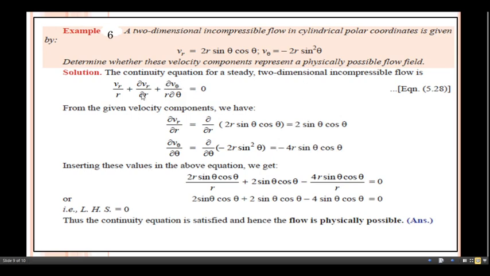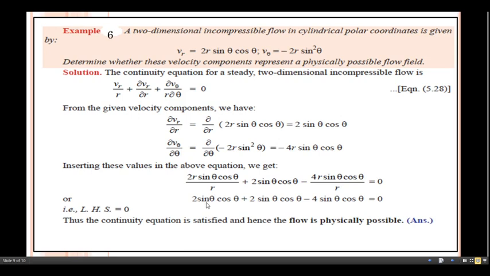Okay, this is the equation with us. So Vr by r. What about the Vr term? Vr term is here 2r sin theta cos theta, in this way. So the r term will remain as it is, plus the next one, dabba Vr by dabba r. This is the term with us, substitute here, minus the next one with us, minus 4r sin theta cos theta. Here this term is written as it is, divided by r. Okay, so equate with 0. Now if this value becomes 0, our task is satisfied.